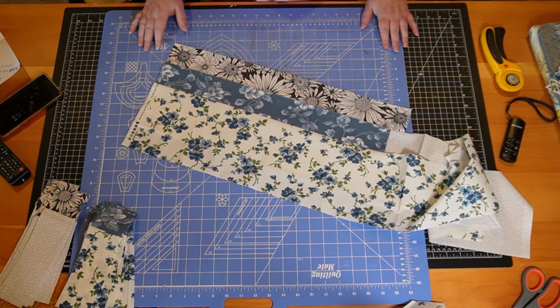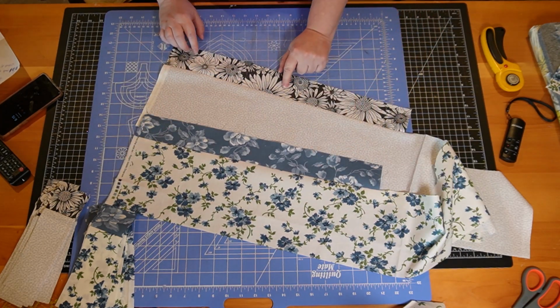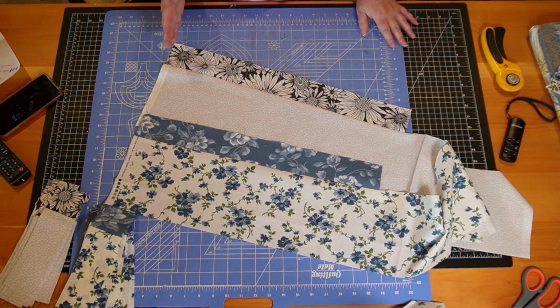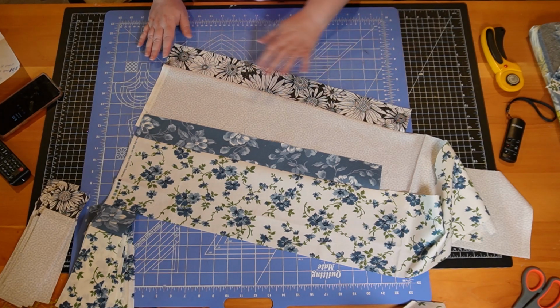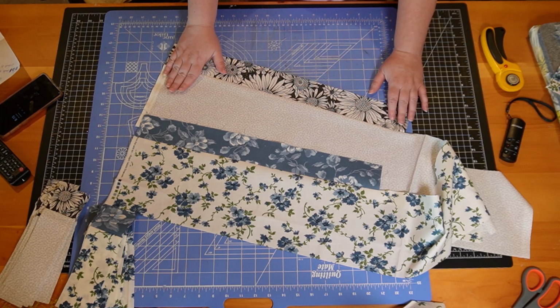Okay, so remember when we cut out fabric A, the focus fabric, which was this and this? We needed 24 2.5 inch by 2.5 inch squares. So we cut one strip at 2.5 inches, which would have given us 16 2.5 by 2.5 squares. And then remember, we cut another piece out that would give us the total of 24 squares that we would need. So the extra piece that we cut out, we're adding onto this fabric C, because we are going to need